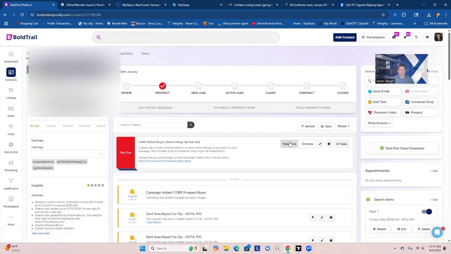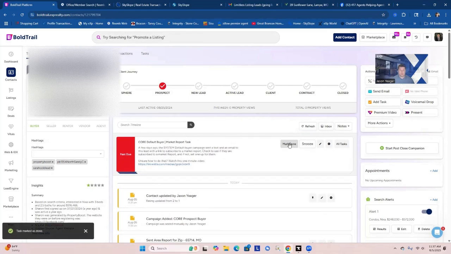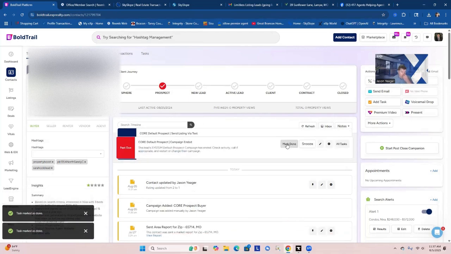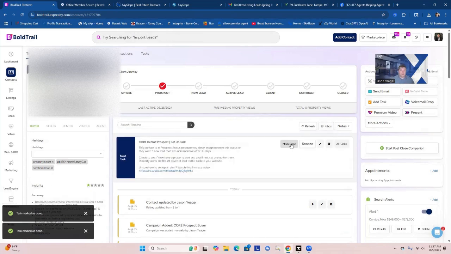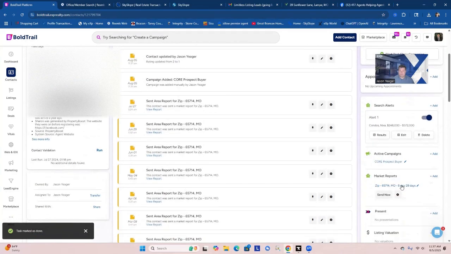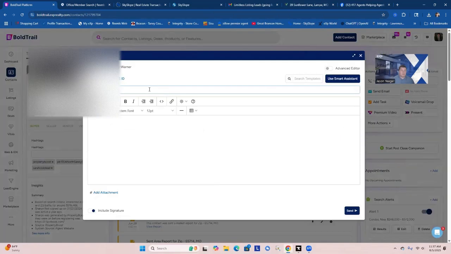So now really what I would need to do is try to get a phone number, because I can't really engage with the lead effectively without having a phone number. So we've got listings going out that she's not opening. We've got the prospect campaign that will be emailing once a month to the lead, and then I'm going to go ahead and send a manual email today that just says,